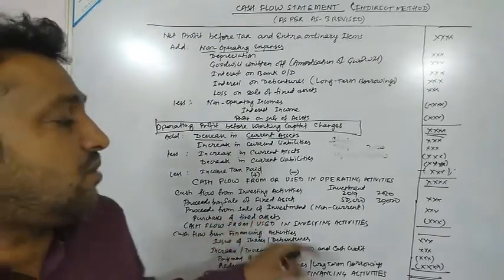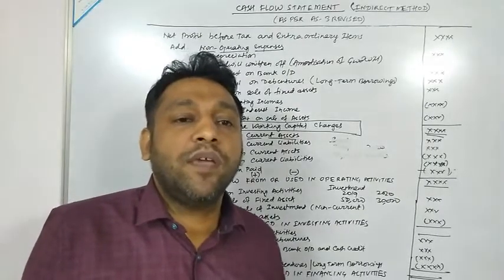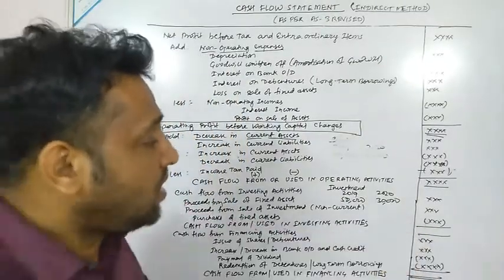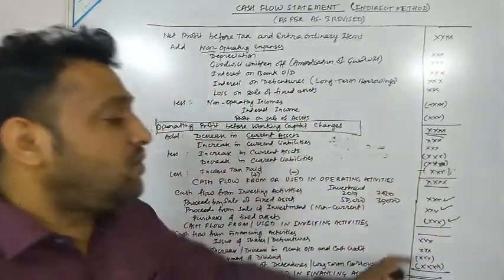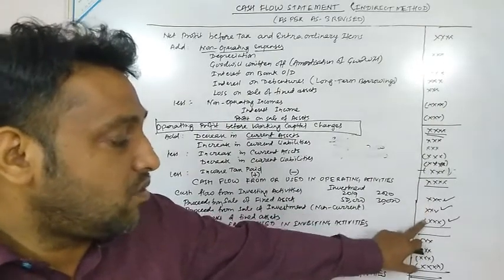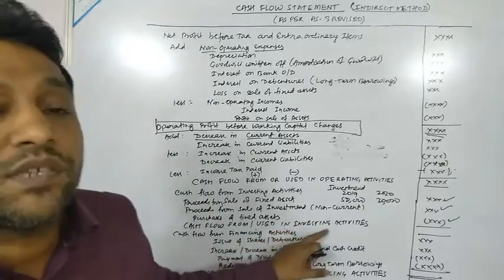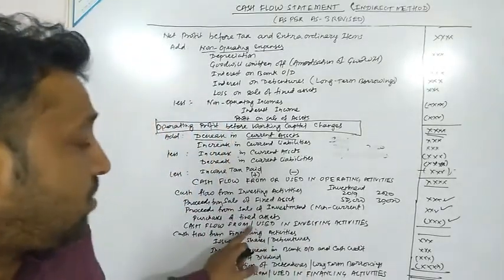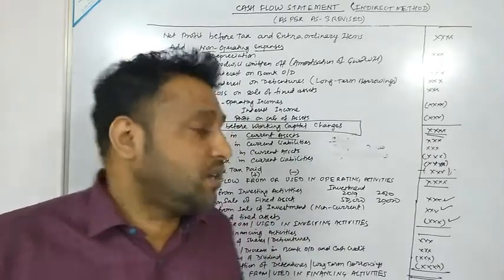Now purchases of fixed assets. In case of purchases of fixed assets, what will be the effect in cash? There would be outflow of cash. The money is going, so that would be reduced. So all the three items we have considered: sale of fixed assets, sale of non-current investment and purchase of fixed assets, would be added together to get the answer of cash flow from or used in investing activities. Again, if the answer comes positive, you have to write cash flow from investing activities. If the answer comes negative, you have to write cash flow used in investing activities.